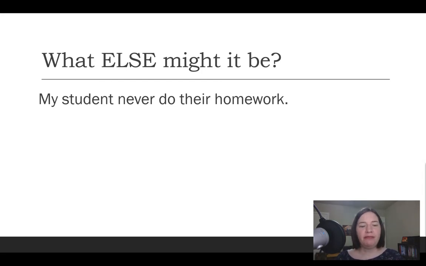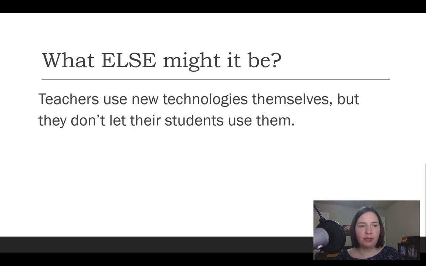I had people do this once, and one of my favorite things that people said was that the parents didn't know how to do the homework, and so the parents just didn't really encourage the students to do it because they didn't want to be embarrassed that they didn't know how. At that point, your intervention is, oh, let's do some parent education, which is different than just hounding students for homework.